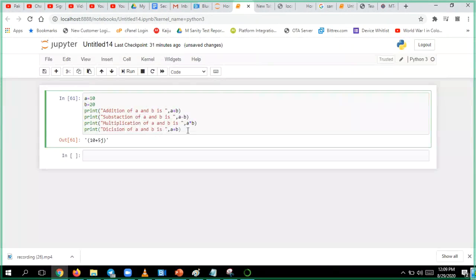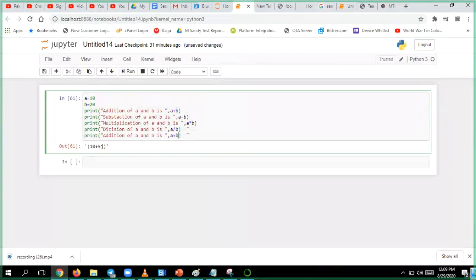So there are so many operators. First we are discussing the arithmetic operators, and what remains we will discuss later, so that we can finish it very fast. This is very small.